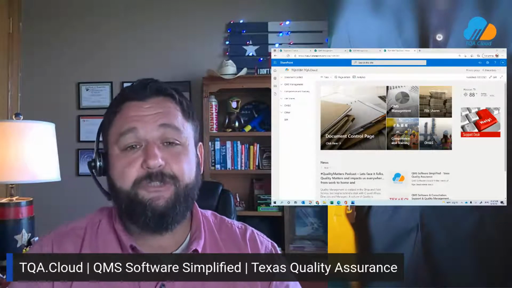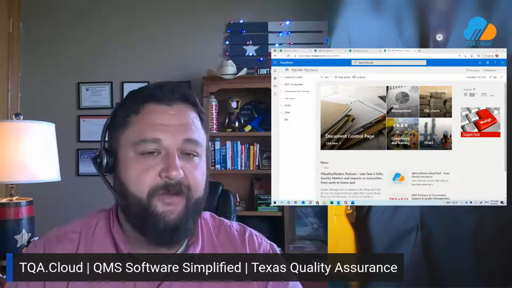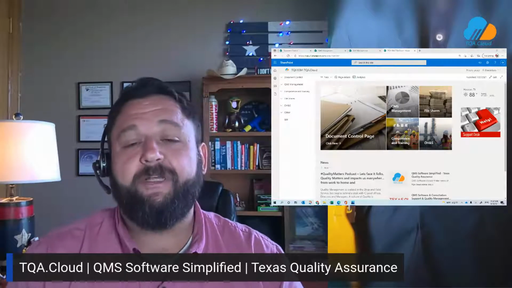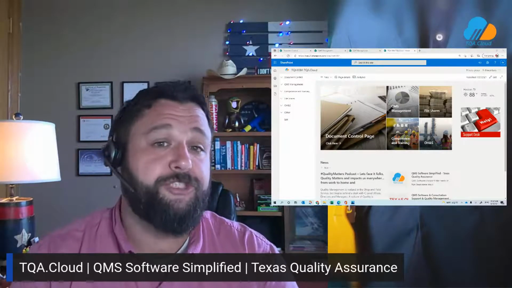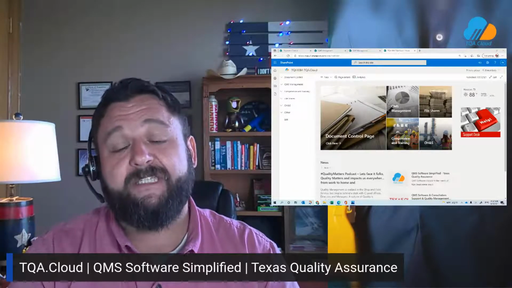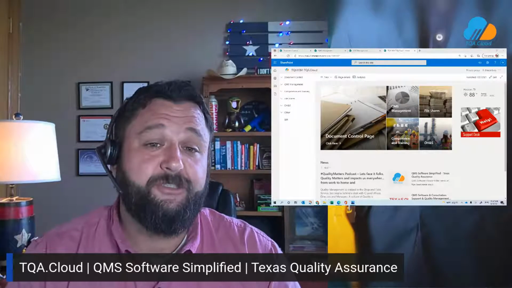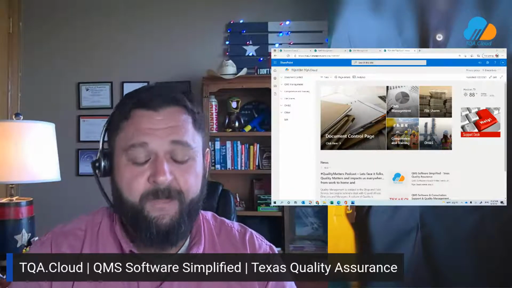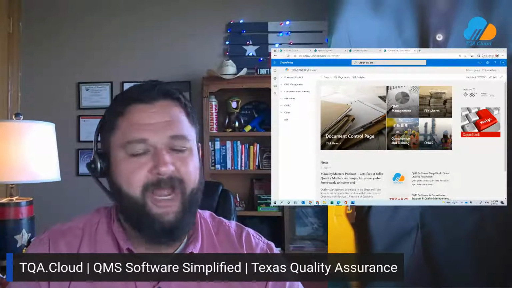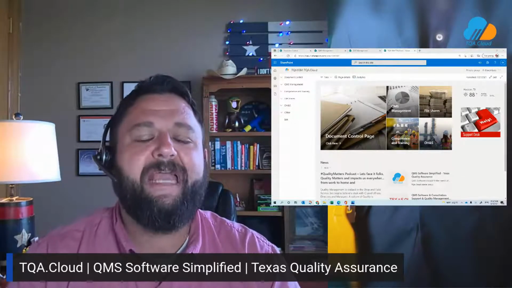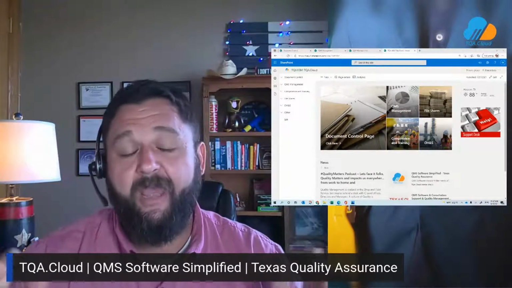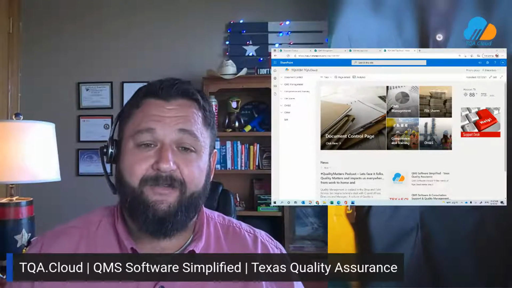Now, if you need additional users to have access to the site, we keep it very simple, very affordable pricing, and it's going to be $10 per month per user, and we sell that in buckets of 100 users each. Now, while we're on the topic of discussing pricing, I want to let you know as well that we have a 30-day out clause. So if for whatever reason you are unsatisfied, or perhaps cash flow issues, or whatever the case may be, we want to make sure that you understand you only have to provide a 30-day written notice to get out of the contract.